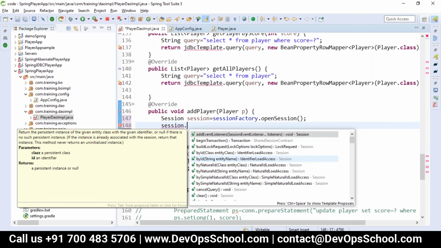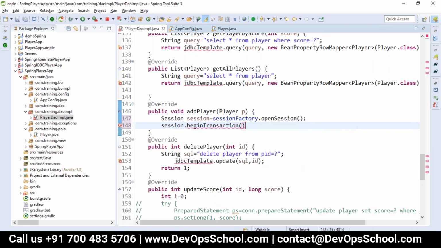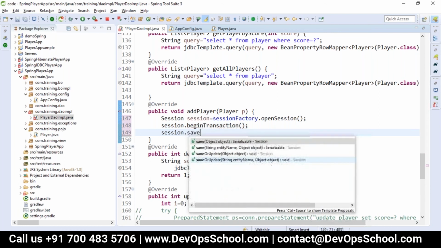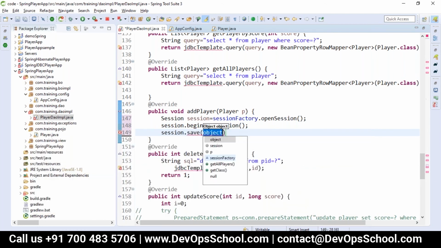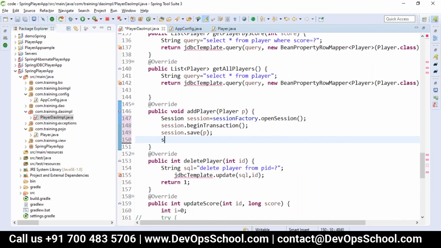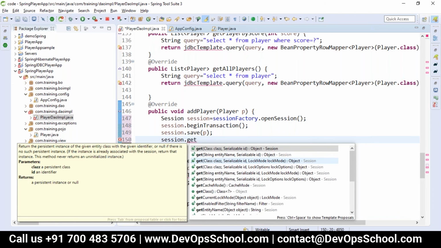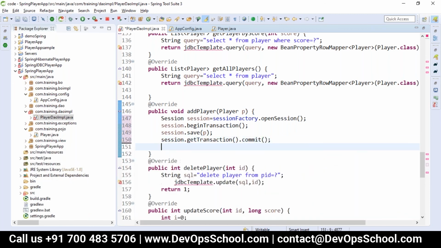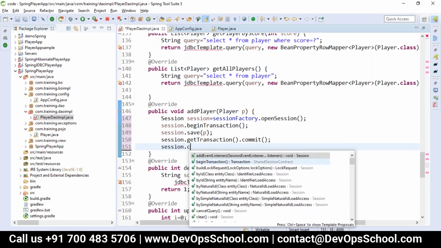We have to begin the transaction and then do the object save, that is the session.save method. The object will be inserted. After that, you have to commit the transaction, that is get transaction dot commit method. Then I'll close the session.